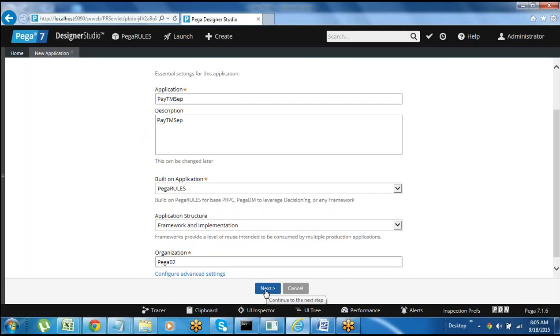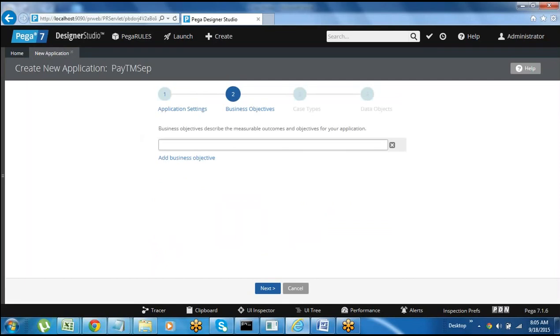Now click on next option. Okay, some business objectives. They'll get the business requirements, so they can enter the business objectives here. Like creating a new application, automating the application, automating business processes.